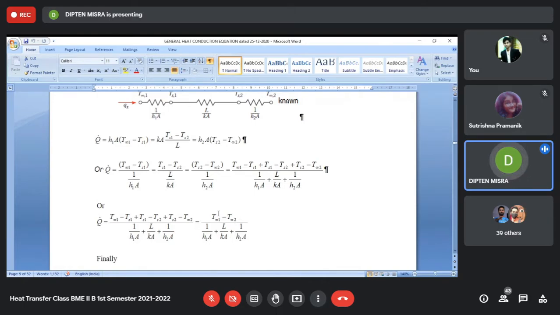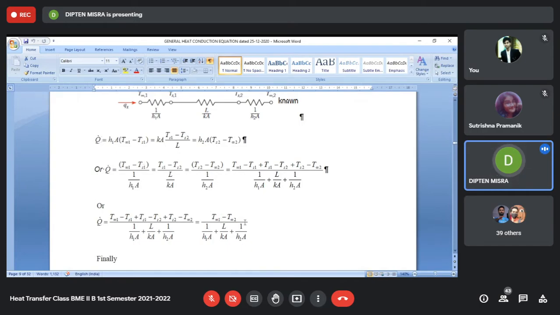Now if we see, this Q dot is fully derivable, because all these values are known. These values are known, we can find out Q dot. Now once you find Q dot, therefrom you can find out this unknown temperature TS1. This Q dot is known, so now you can find out TS1. Similarly, now you can find out TS2, because now that Q dot is known.